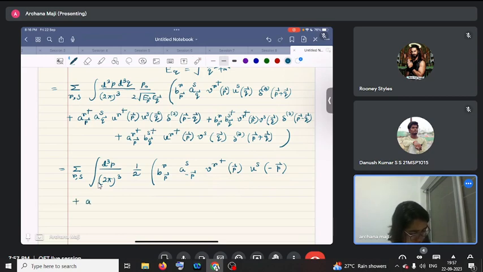plus a_r dagger p, a_s p, u_r dagger p. Now you can also recognize this, and you now know what it is, plus b